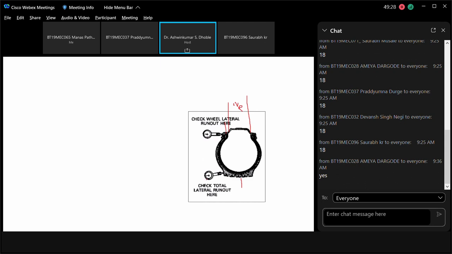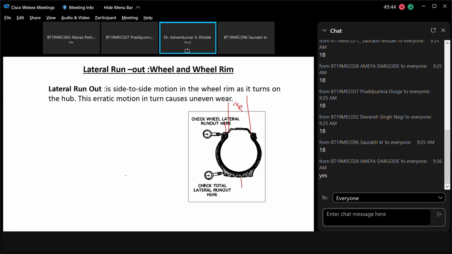ये साइड में चेक करेंगे। लैटरल एक ट्रेड का जो साइड वॉल है उस पे और दूसरा जो है व्हील रिम का जो साइड वॉल है, प्लेन सरफेस उस पे। Okay, lateral runout, wheel and wheel rim both. Okay, lateral runout is side to side motion of a wheel rim as it turns on the hub. The erratic motion in turn causes uneven wear of the tire. That means if the tire is having lateral runout or radial runout, in both the cases it becomes the cause of uneven tire wear,